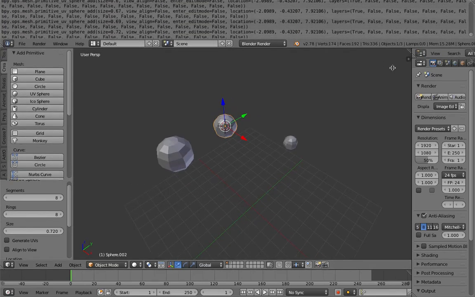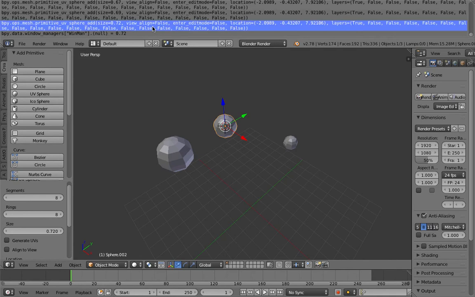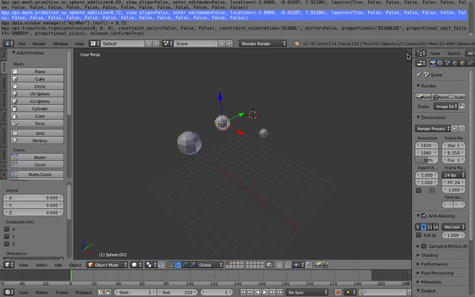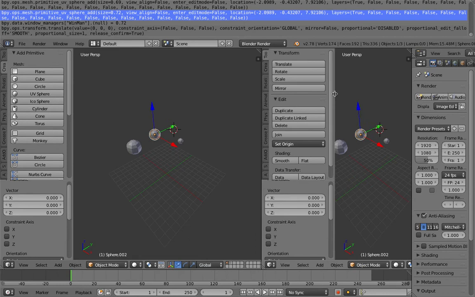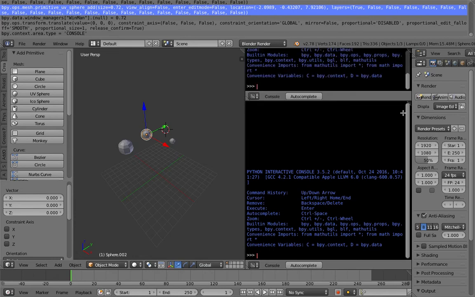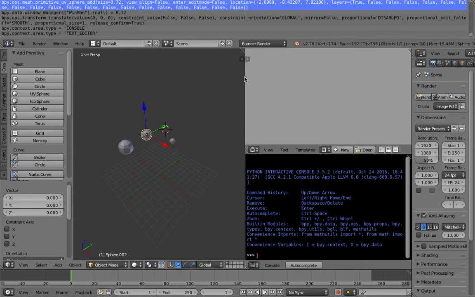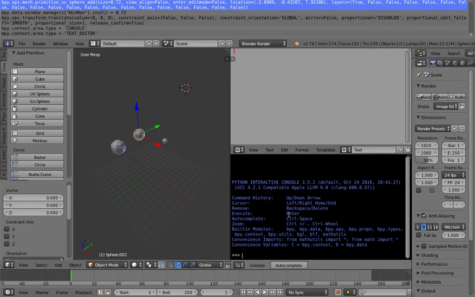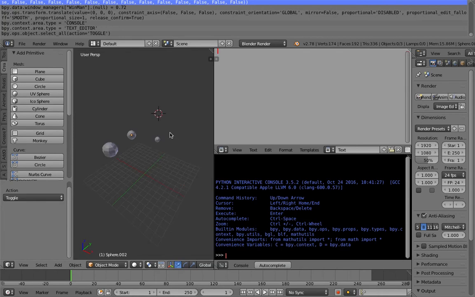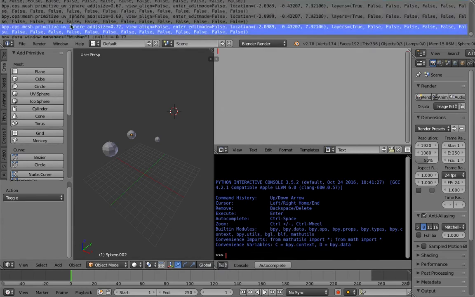You probably already know that for some commands in Blender, you can just look at the history, get these functions, and then use them in Python. So let's actually do that. I'm going to switch to the Python console, and I'm also going to have the text editor. So we're going to be using Python scripting to do this. I'm going to put the 3D cursor somewhere else, and then I'm going to run this command,